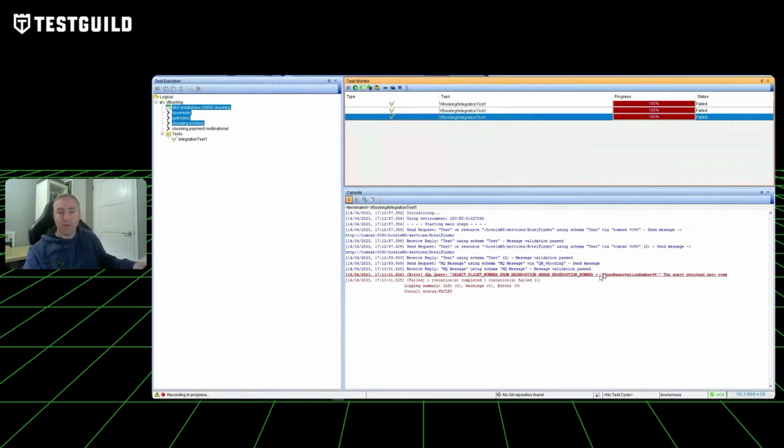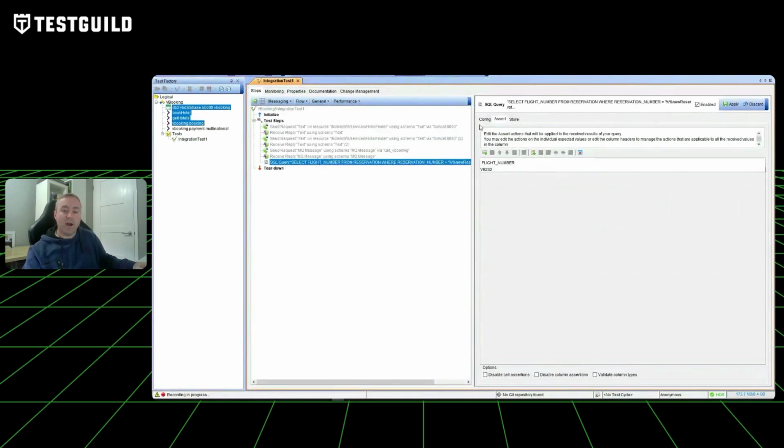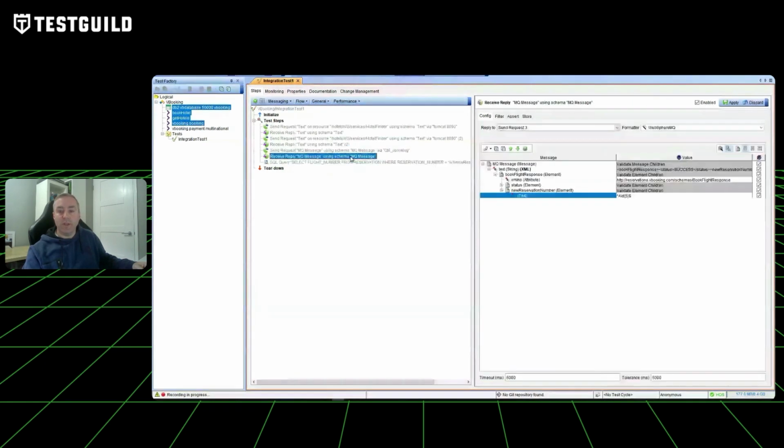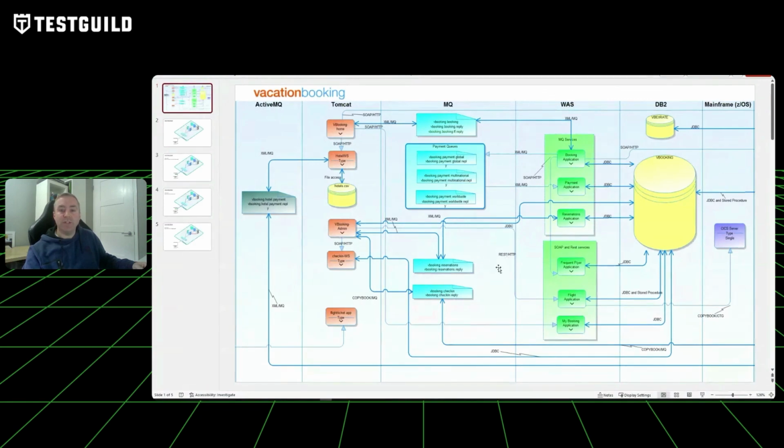Except one thing I missed, except that API tests, certainly in OneTest, are very rapid. But databases are not always as quick. So in other words, when I make my booking and I get back a response from the MQ booking service, there are multiple tiers of this application, and the data could still be working its way through to the database